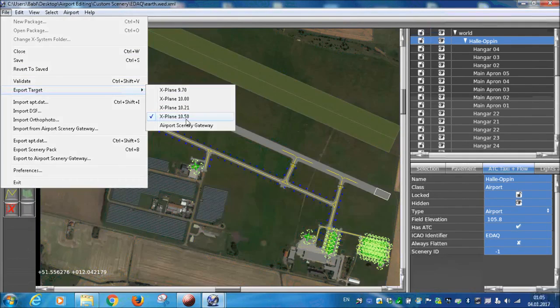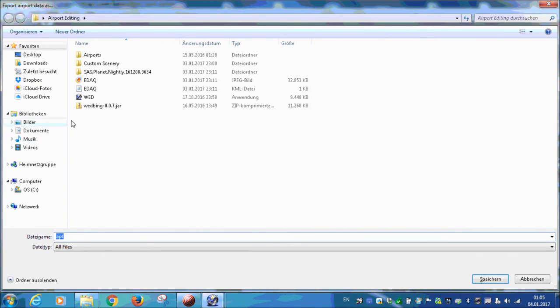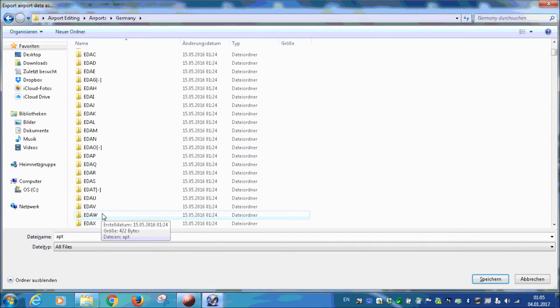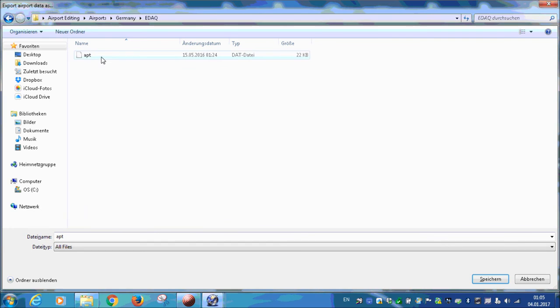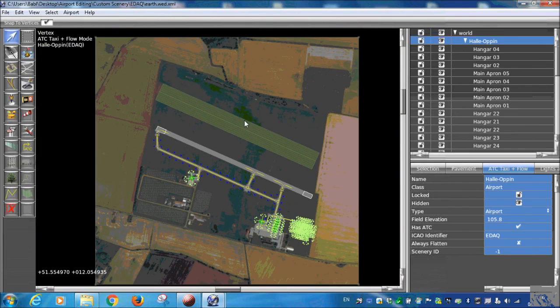X-Plane 10.5, and if it is the case, go to export apt.dat, go to airports, go to the country your airport is in, go to the folder of the airport, and then save it as a new apt.dat. So you now have it on your hard drive, and the only thing left is you have to send it to review